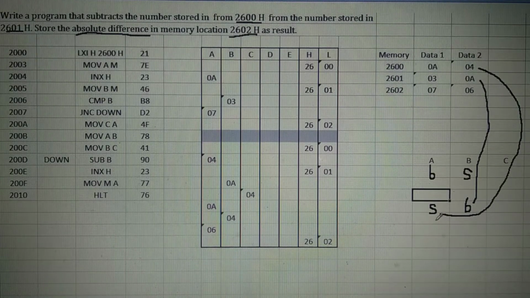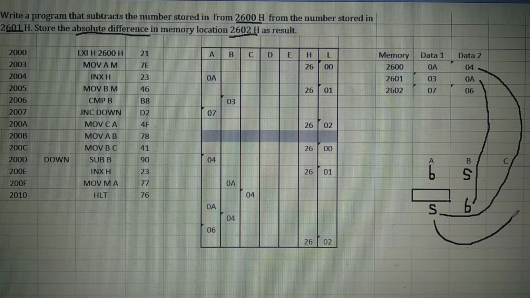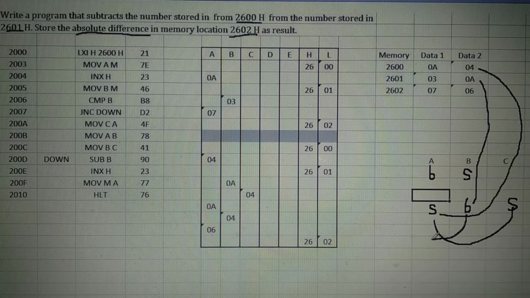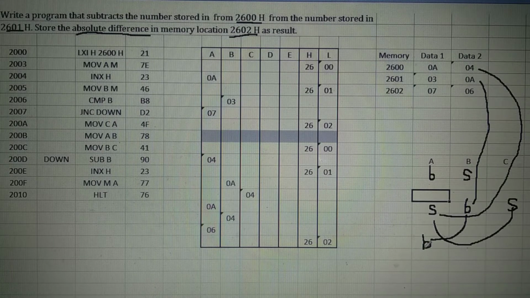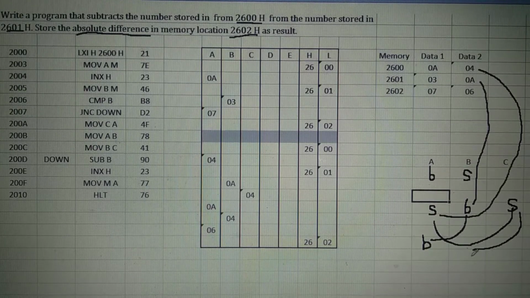How to swap the numbers? From the accumulator take the number to register C, that means the smaller number goes to register C. From register B take the number to the accumulator, that means the bigger number comes in the accumulator, and from register C again transfer the number to register B.